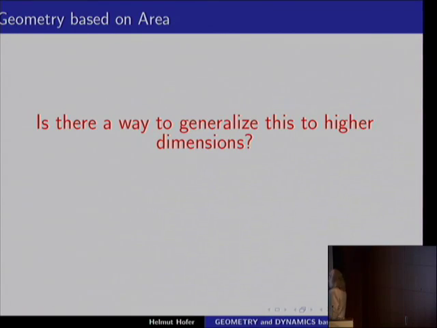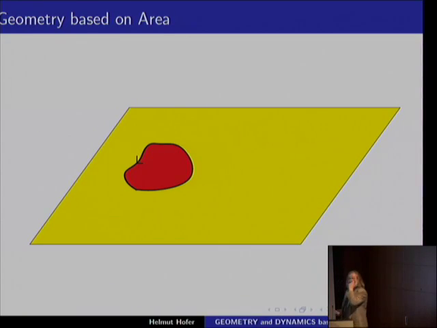Now, can you generalize this to higher dimensions? How do you generalize area in dimension 2 to higher dimensions? Well, the straightforward answer would be, well, volume. So you can ask then the same questions. If I generalize it like this, are there, for example, fixed states? It turns out no. Bad generalization. There is a different generalization of area to higher dimensions, where then, in fact, some of the striking features will survive. Okay, so how do we do this?